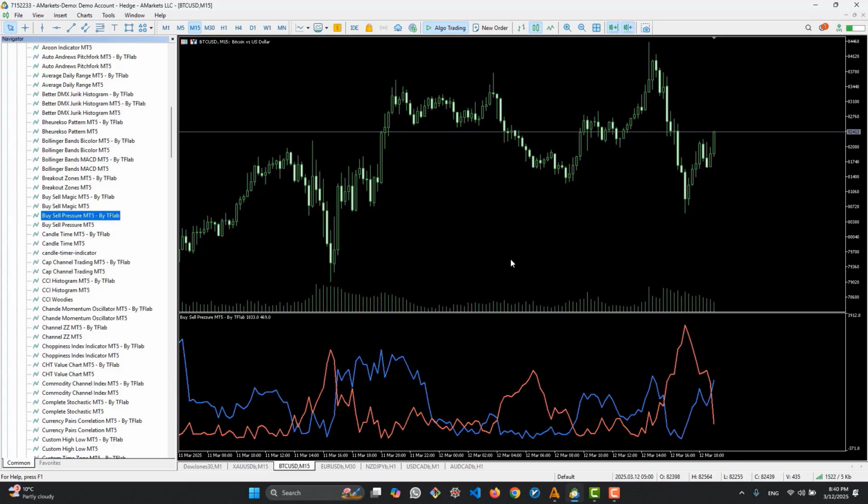This indicator displays a chart of buying power and selling power, where the blue line represents buying power and the red line represents selling power. When the buying power line is above the selling power line, like in this situation, it indicates that we are in an upward trend and the buying power is